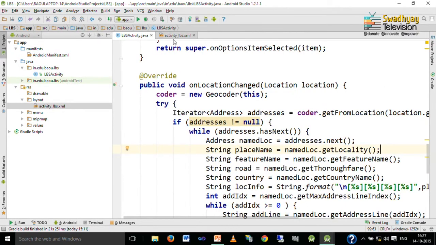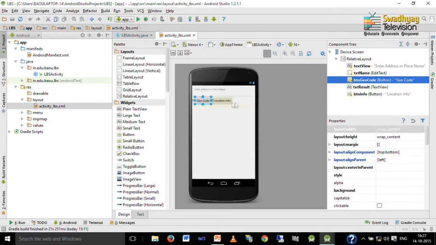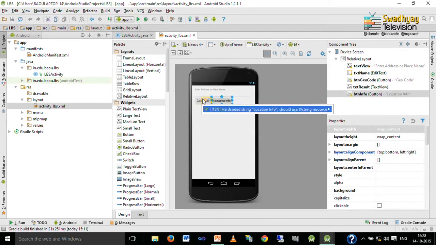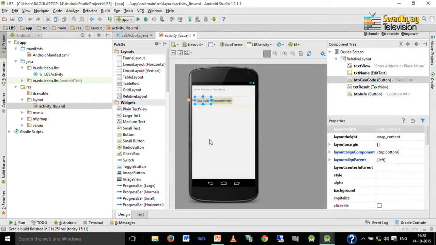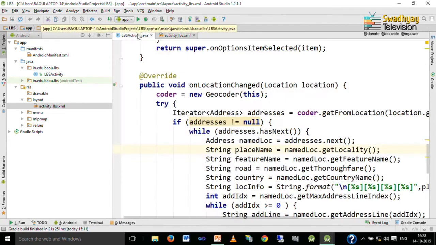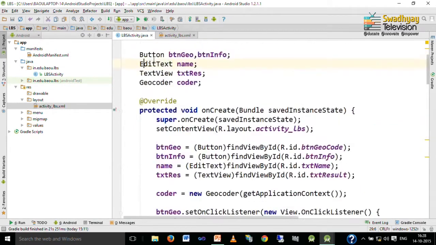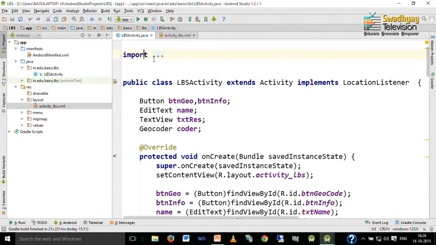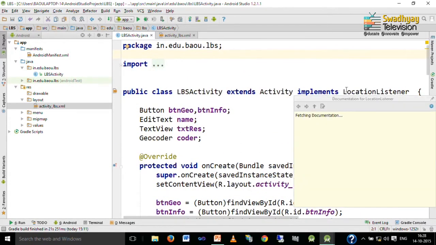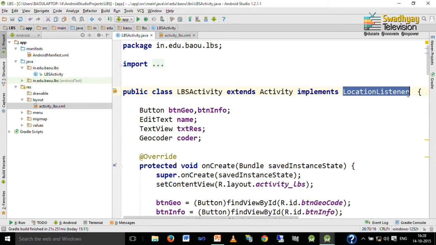Now, we understand how these buttons will display our information. So, we go to our activity file. Here is our activity file. Here we implement a location listener. This location listener will listen for any changes in location and update us whenever requested.